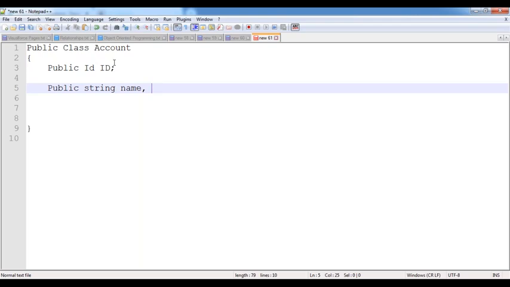Next field, rating field. Rating field is of type what? String. Next, industry. Industry is also string type. Next, type field is also string type. Ownership, like public, private, subsidiary, other, four options are available. That also comes under the string type. Next, phone, string type. Fax, string type. Website, string type. And then we will be having the